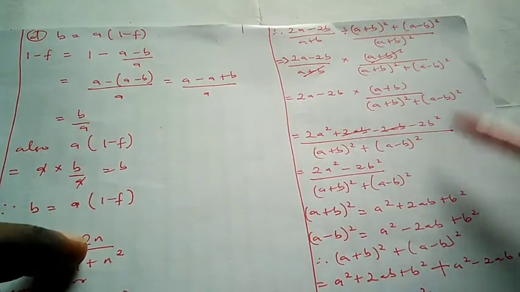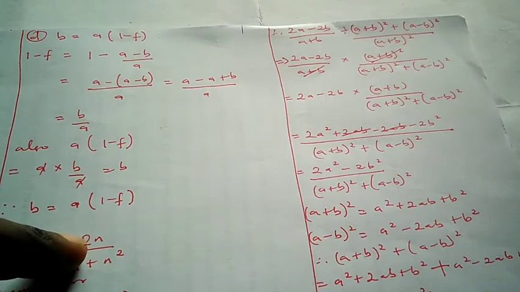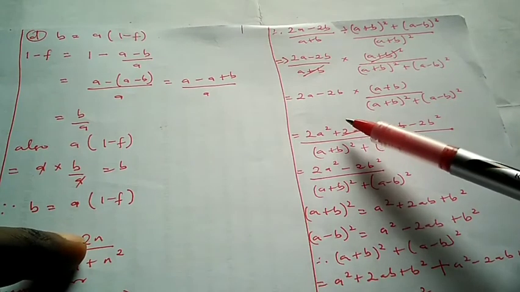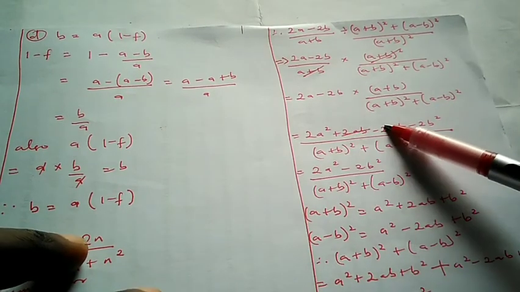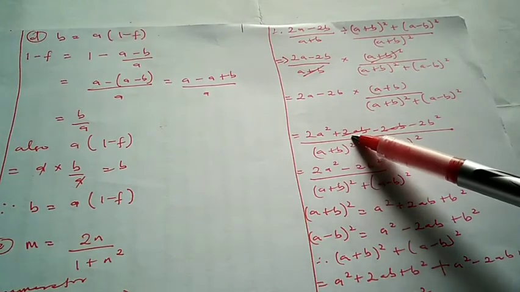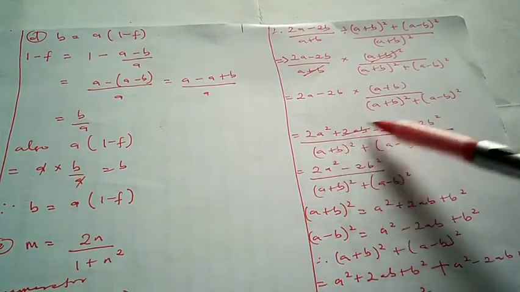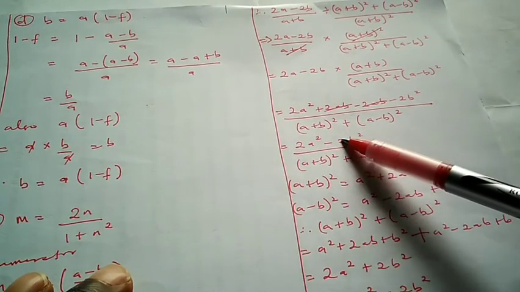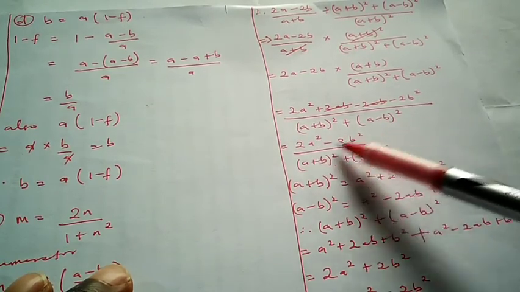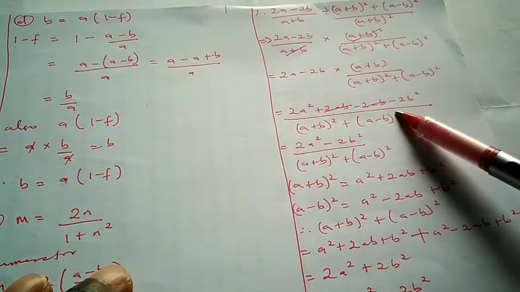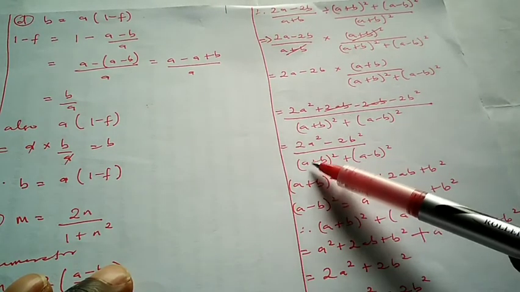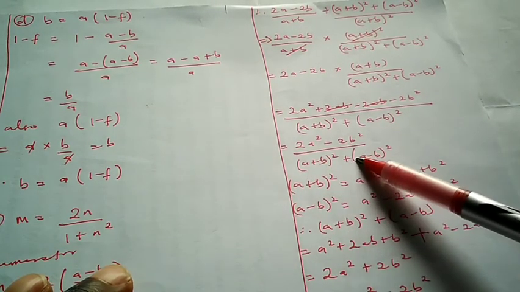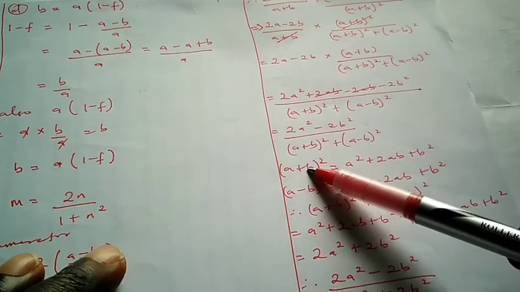I hope you're following it up, please. I hope you're following it up because it's very important and it's very simple. Thank you very much. So we see that we have minus 2ab plus 2ab, so they can go off. So we'll now be left with what? 2a squared minus 2b squared divided by our denominator, which we have not performed any operation on, which is what? A plus b squared plus what? A minus b squared. So by the time we simplify this, normal expansion of bracket,